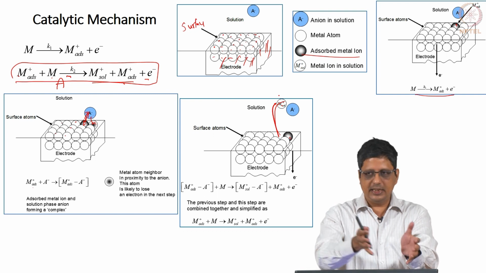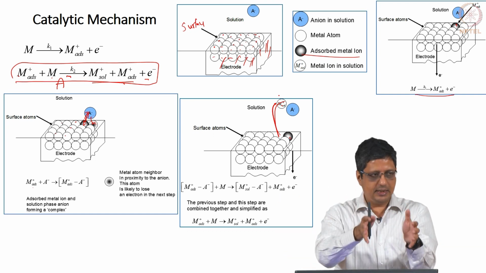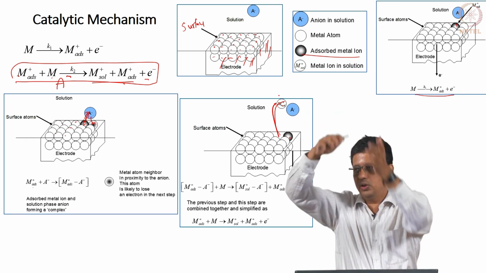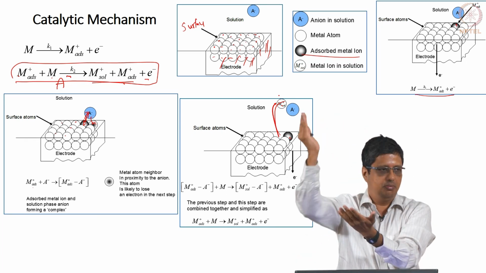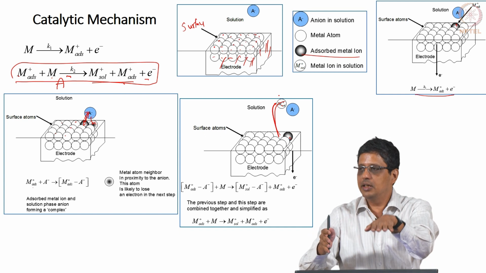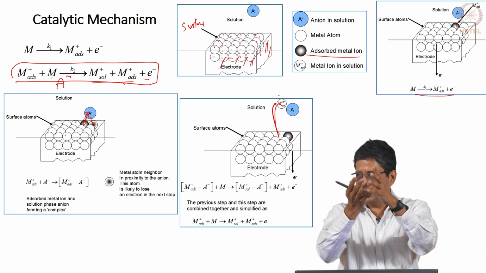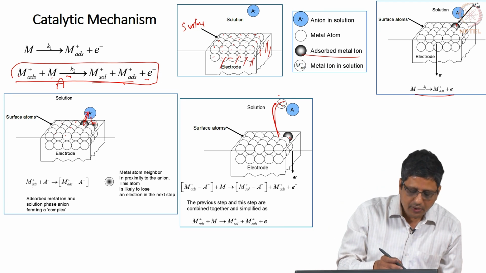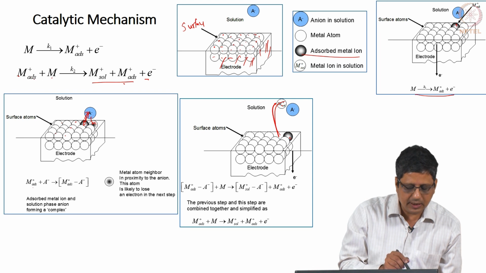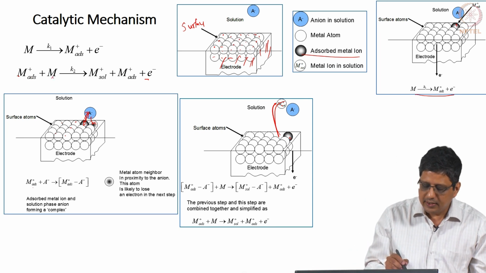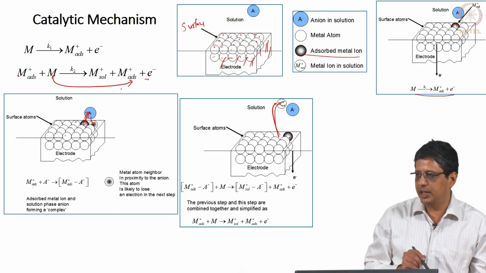So, it is like one atom is here, another atom is here, this is ion, this anion comes, it pulls this out leveraging this and this becomes M adsorbed, and the original M adsorbed has not become metal, it is gone out into solution. So, if you look here, it is going to be written as M adsorbed plus M to tell you clearly this metal has become M adsorbed here.